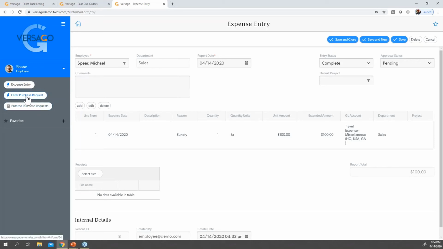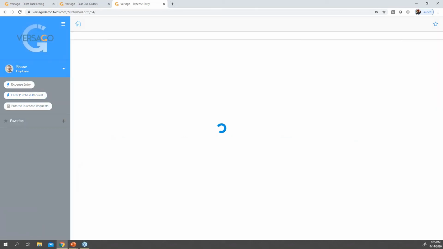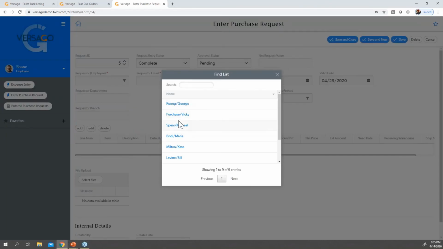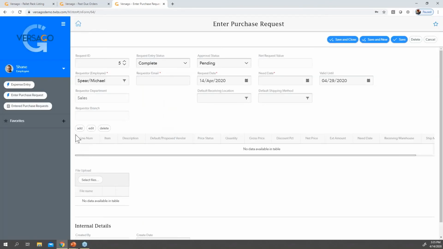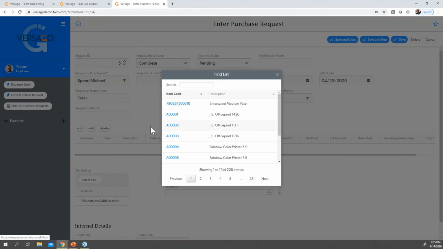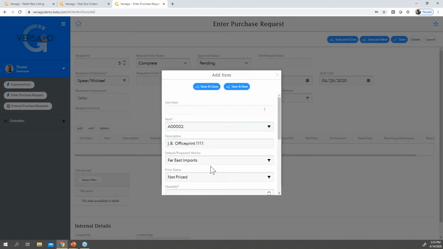Next one that I'm going to show you is purchase requests. So this is where, as a user, we would fill out pieces of information saying, this is the item that I need. So this is where we can start looking at these items. If I wanted to put images here, I could, just like on the customer order side of things. Here, this is where it's pulled in the default vendor for that item.